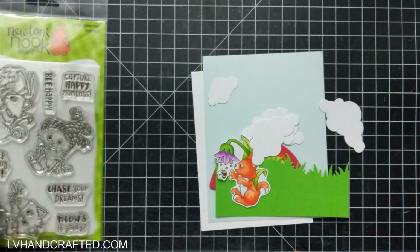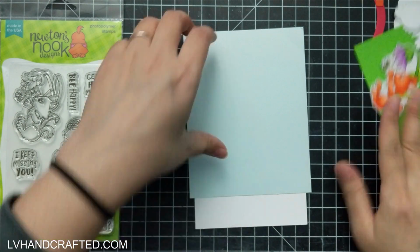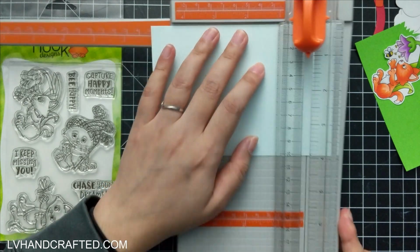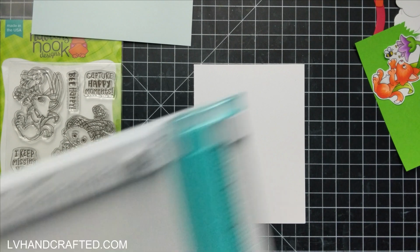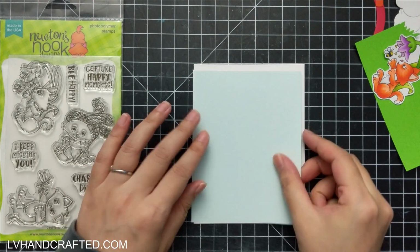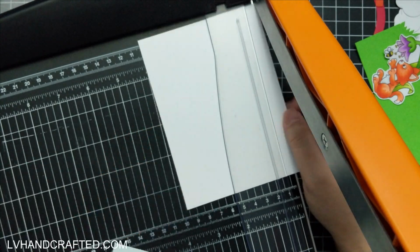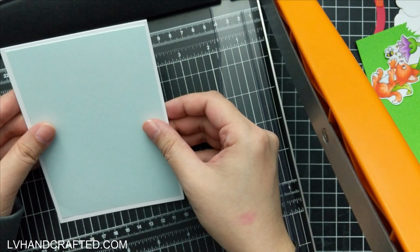My name is Lynn and today I am crafting with this stamp set from Newton's Nook Designs. This one is called Captivated Kittens and it's really adorable. There are some pretty darn cute little kitties here, and I did color up a few because I wasn't exactly sure which one I wanted to work with, but in the end I chose, I think, probably my favorite one. Well, it's a toss-up. They're all really cute, but I like this one in particular because it's got the beautiful